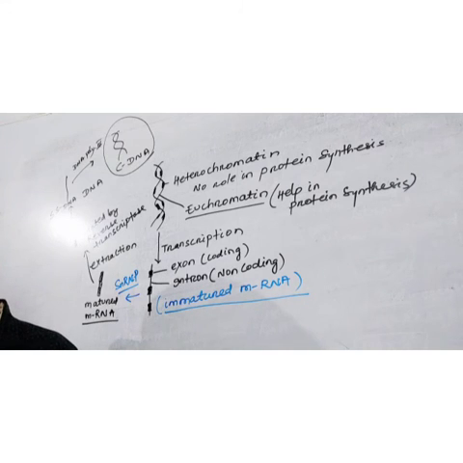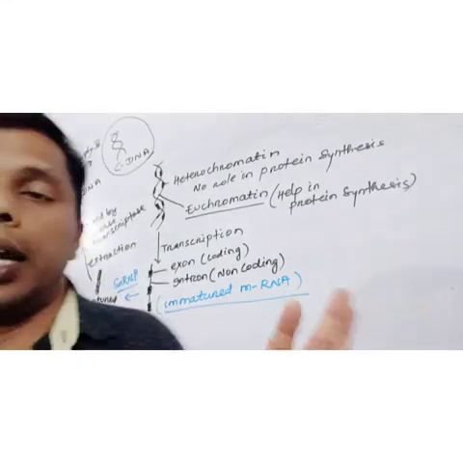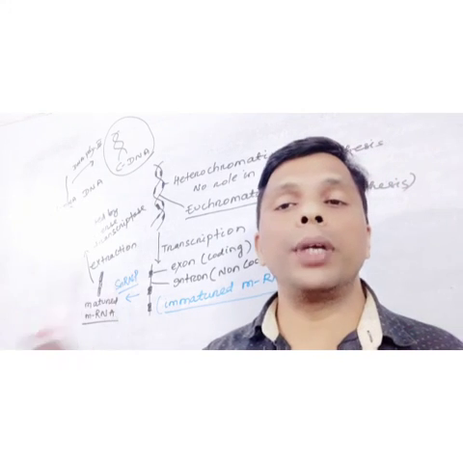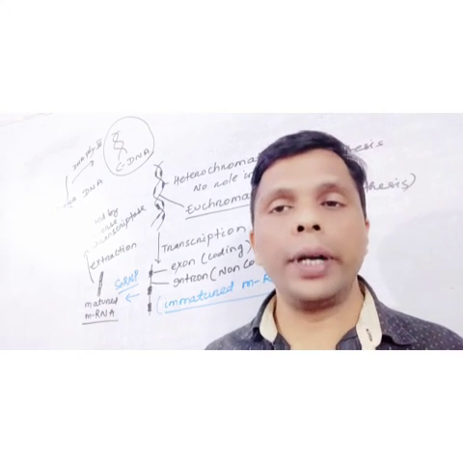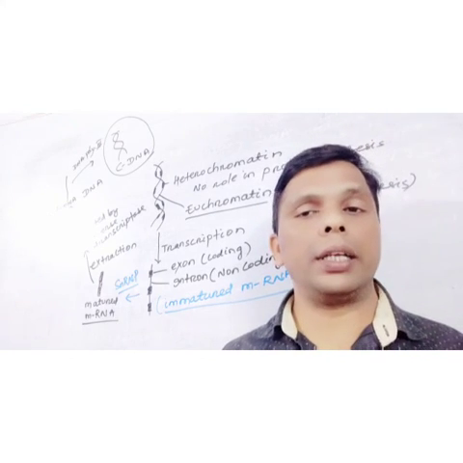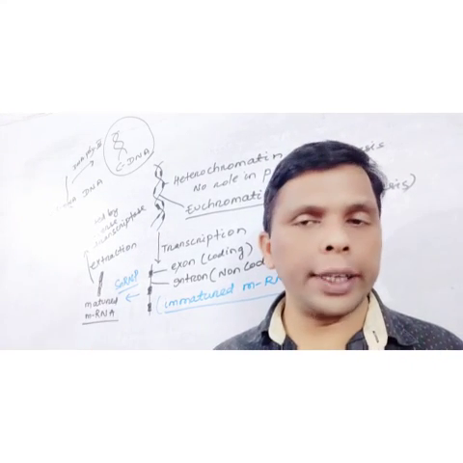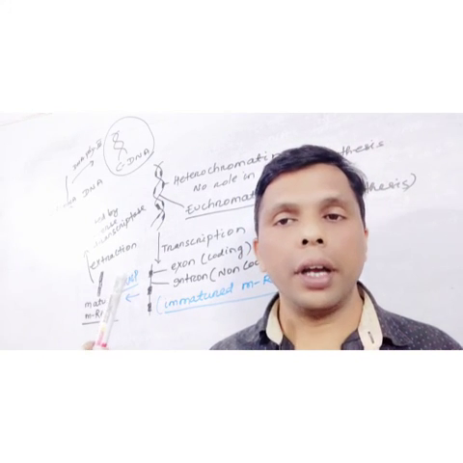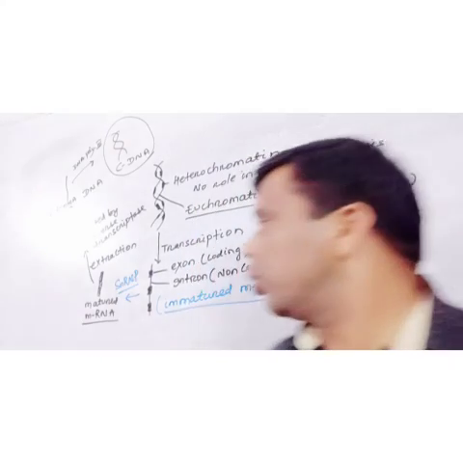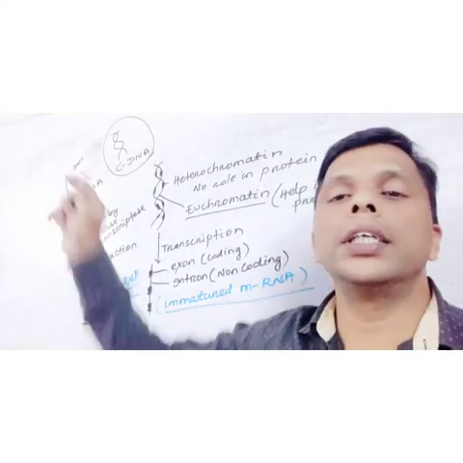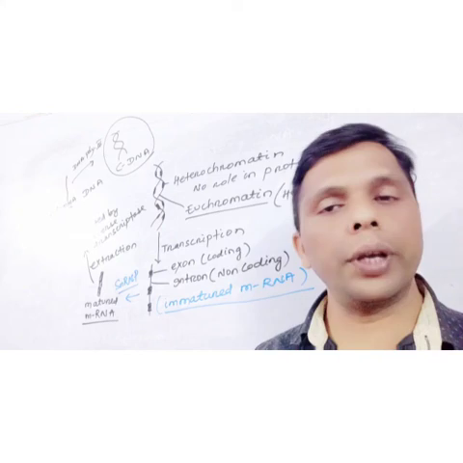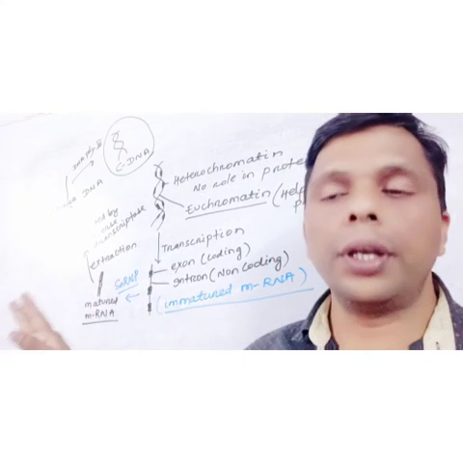Okay. The prokaryotic gene does not have introns, so there is no need of splicing here. Splicing is the processing going on for formation of matured RNA, but in prokaryotes it never takes place because prokaryotes do not have any type of introns. So this whole process is called eukaryotic gene isolation. Okay. This is all about complementary DNA.